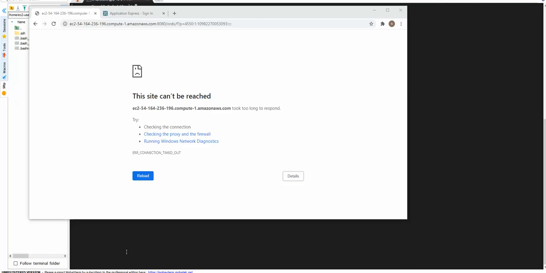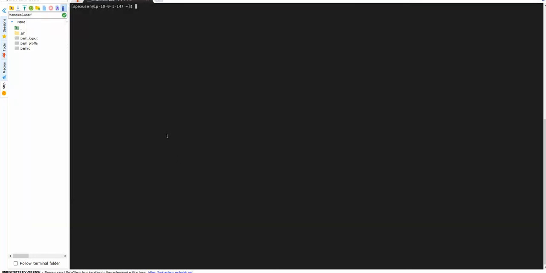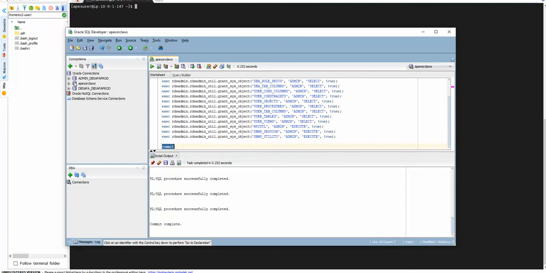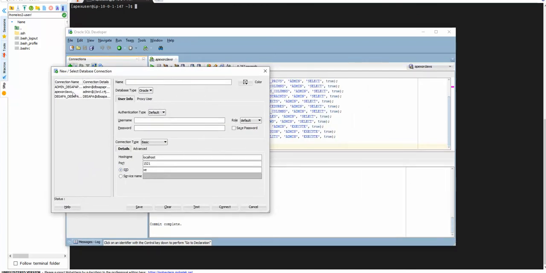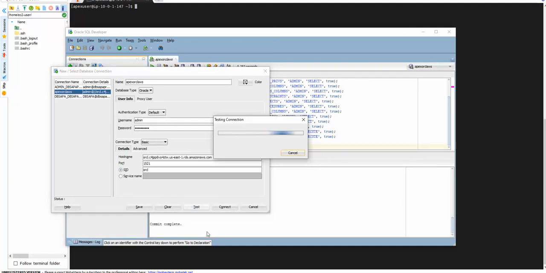Let's also go and verify our database security tightening, right? So I'm back in my EC2 instance. Let me first try to connect to this instance here. All right, so let's go ahead and put the password. Okay, and let me test the connection and see what it will say.